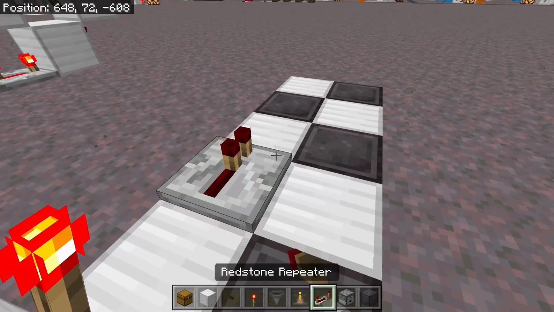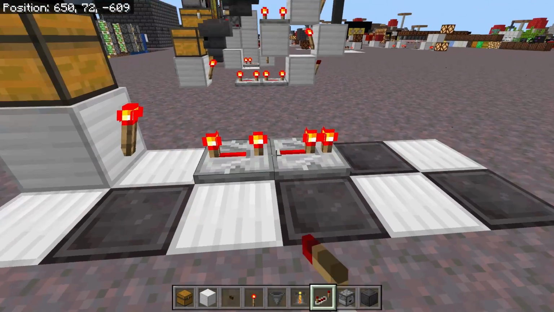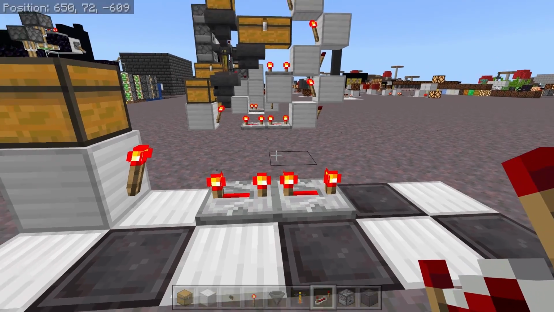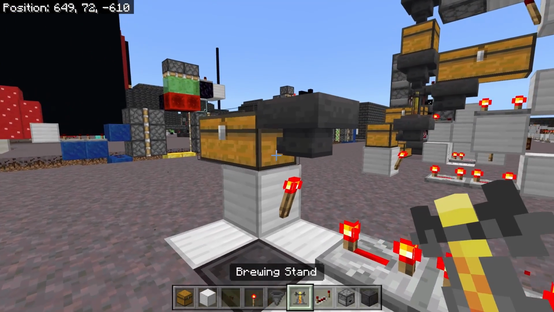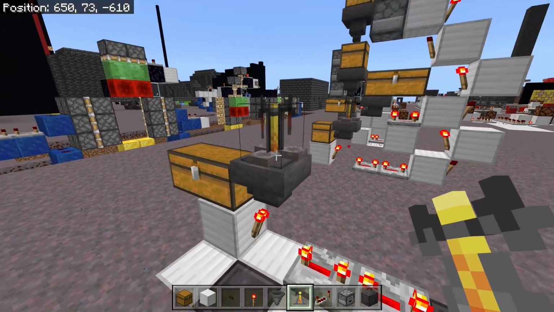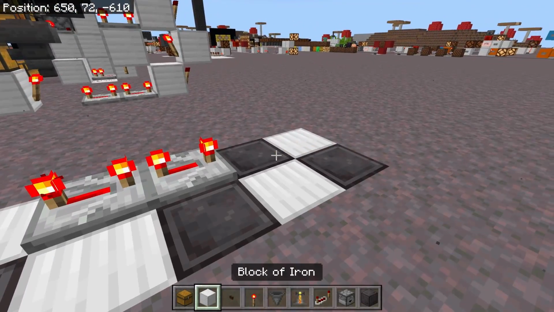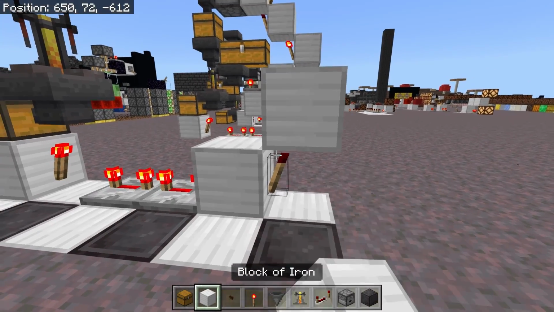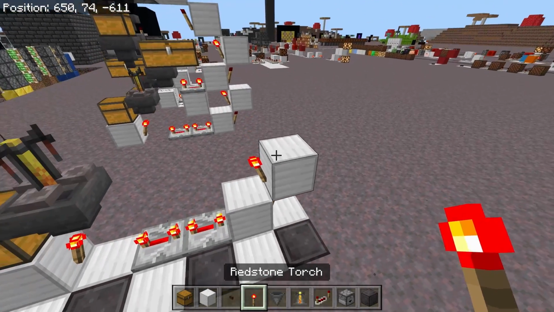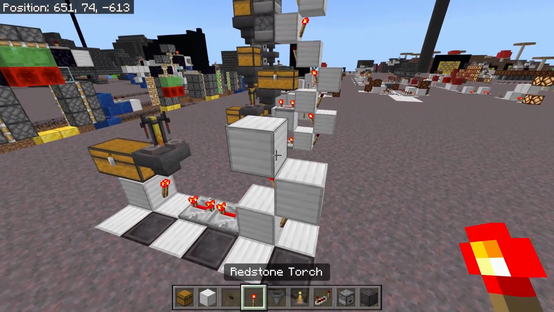But then you're going to place a redstone torch on the back of that block with 2 repeaters on maximum delay coming out of that redstone torch. Then you're going to place a hopper going into your chest, and then you're going to place the brewing stand on top of this hopper. And then grab your solid blocks and place a solid block at the end of those repeaters with a redstone torch on the side. Then you're going to place a solid block above that torch, another torch on the side of that, another block on top of that,